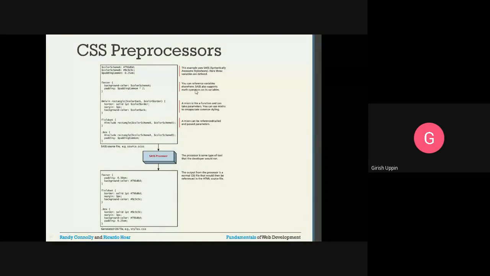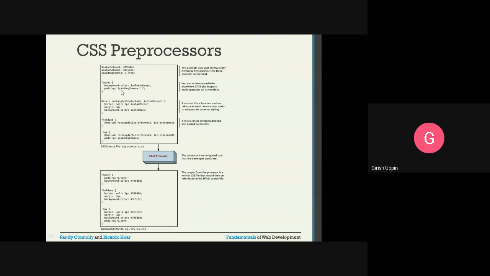You can reference the variables elsewhere. SASS also supports math operators on its variables. So you can see here footer, background color, dollar color scheme. The color scheme variable has been set with a hexadecimal value, and that value is set here.